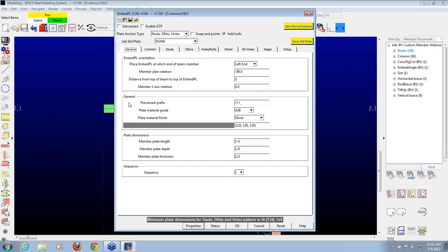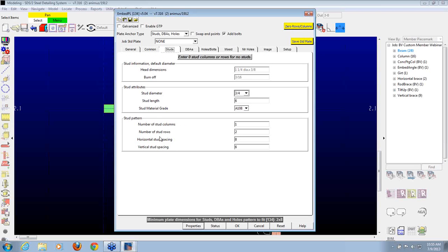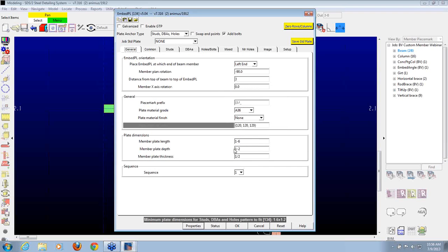So let's go back to the general tab here. Make sure this is set. We're just going to do simple studs here. Let's just do 3 columns, 3 rows. 8-inch spacing and 6-inch spacing is fine with me. You'll notice down here at the bottom it says the minimum plate dimensions for studs, DBAs, and hole patterns to fit is 1 foot 6 by 8. When I started this one, it was a 1 foot by 1 foot plate. If I go back to the general tab now, it is now a 1 foot 6 by 1/2 plate. So we'll increase that plate size for you to make sure that it will fit the pattern that you have on there. If I say OK to this,